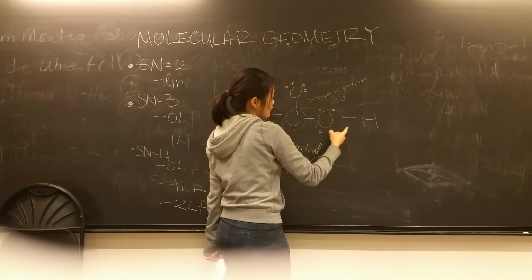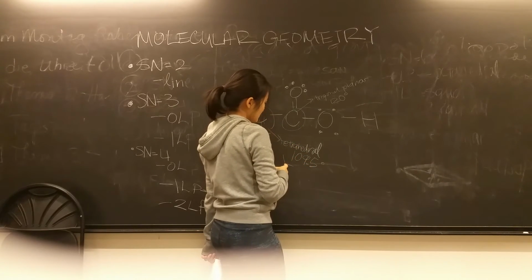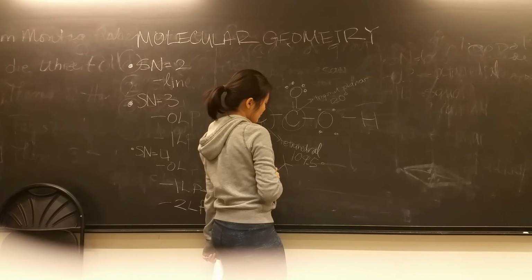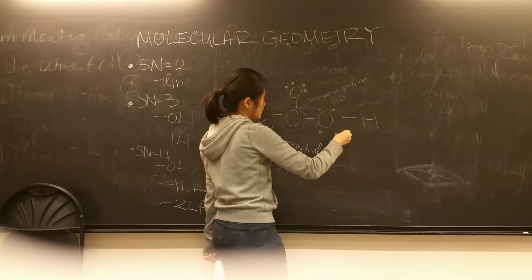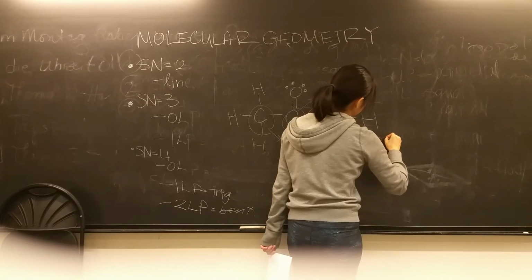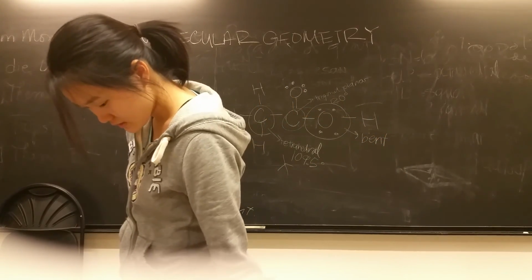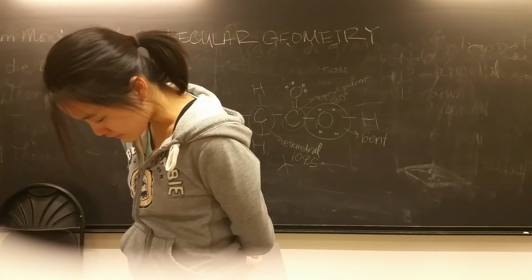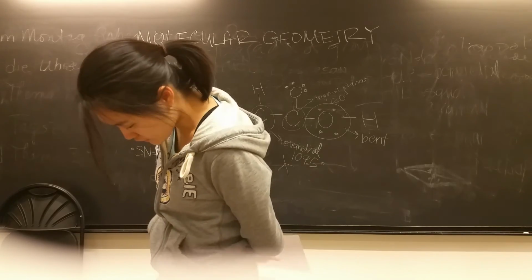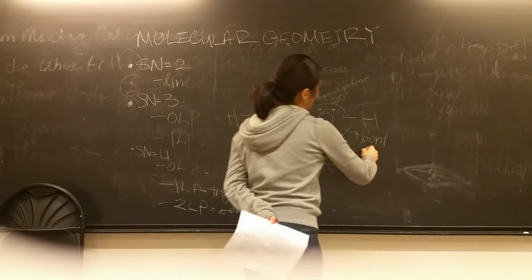Oxygen has a steric number of 4, and since it has lone pairs, this is going to be bent. Steric number 4, but 2 lone pairs is bent. The angle is smaller than the tetrahedral angle of 109.5. And so in this case, you're just going to be able to say that this angle is less than 109.5,